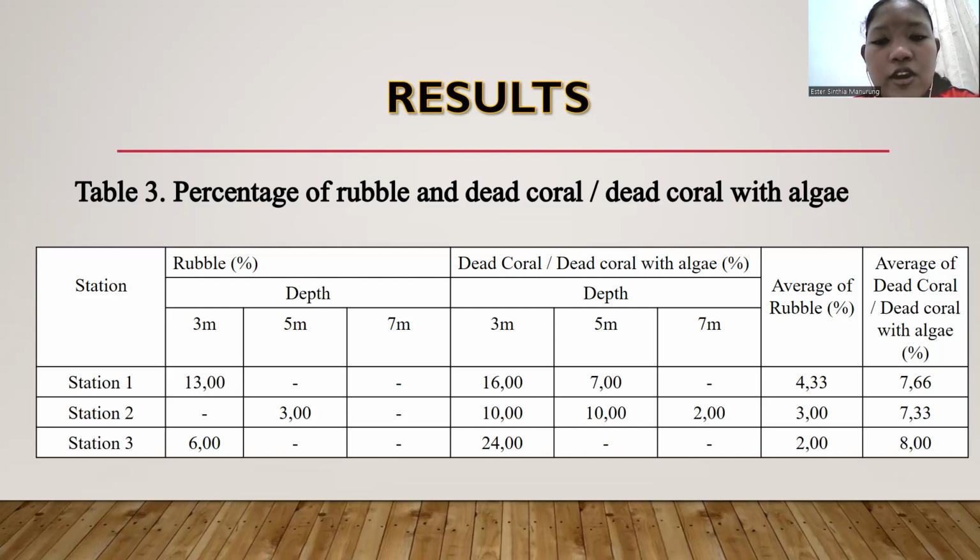Mutakin added that dead coral provides room for the growth of algae as